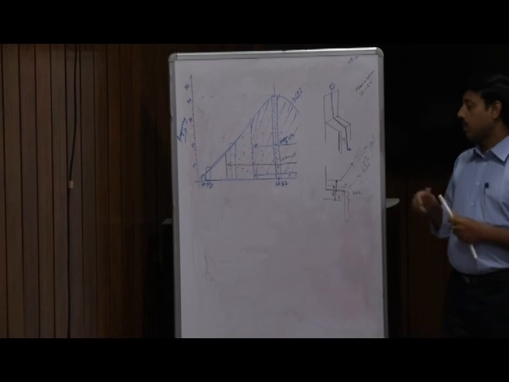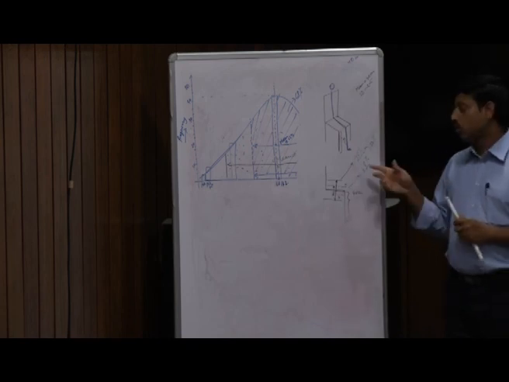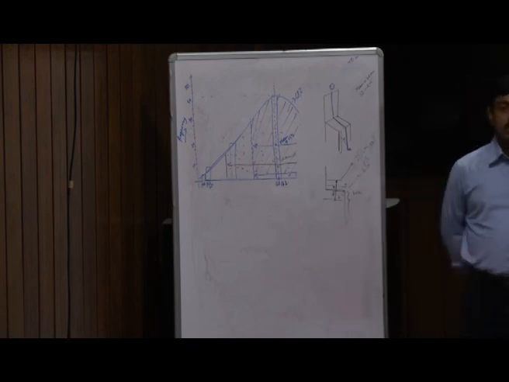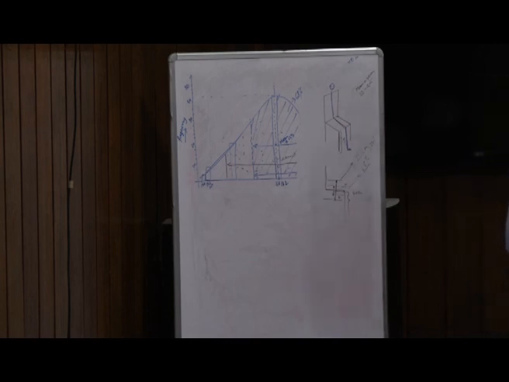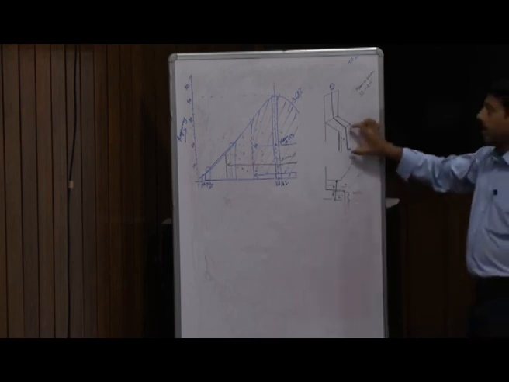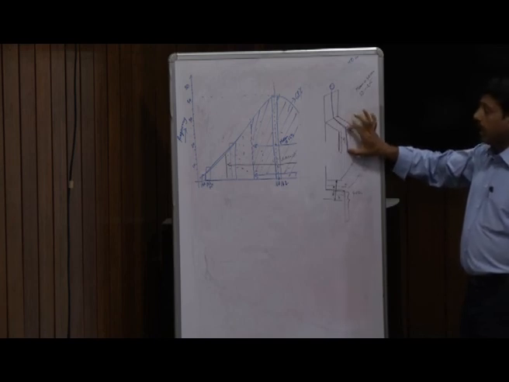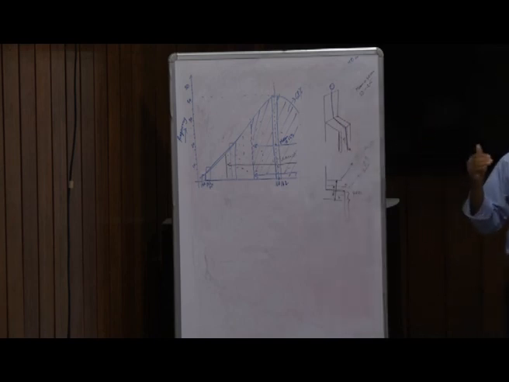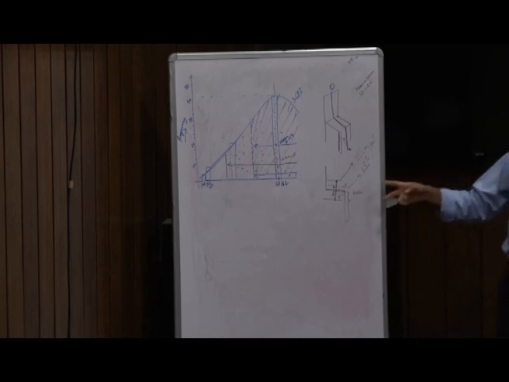For that purpose, we should always try to accommodate 90%. Accommodating 90% of the population means starting from the 5th percentile and ending at the 95th percentile. 5th to 95th percentile people with this popliteal height or lower leg height,